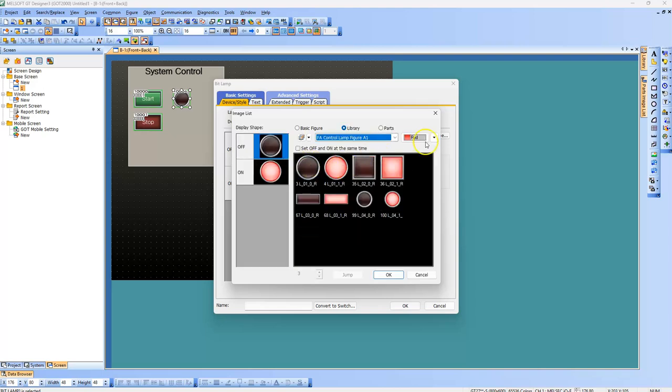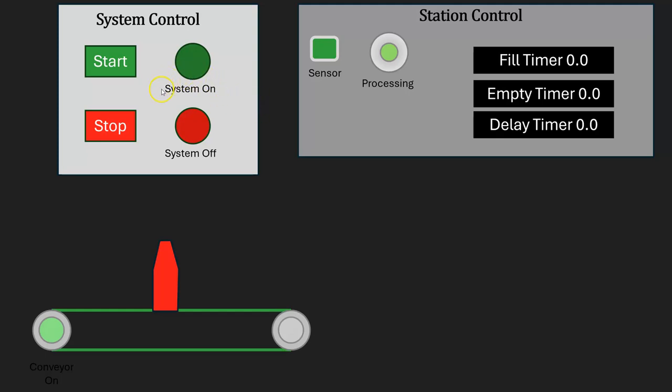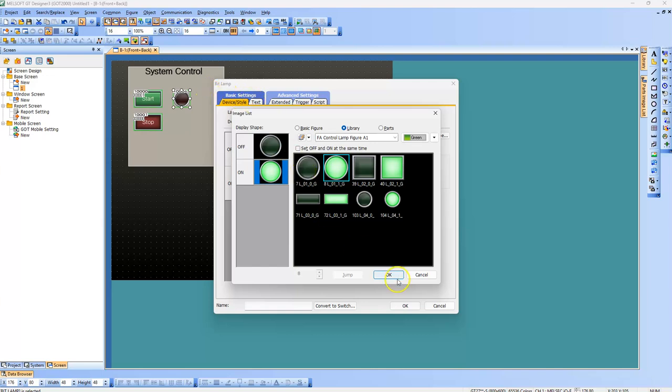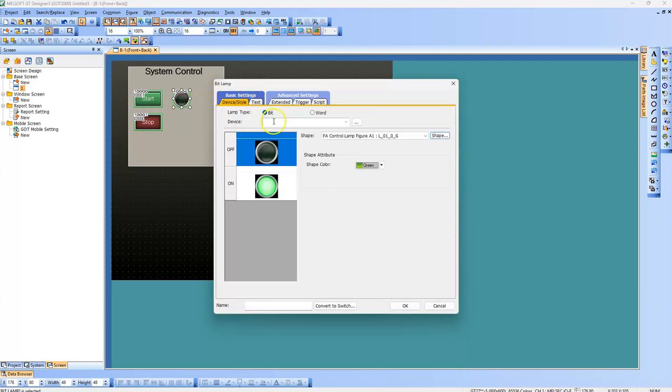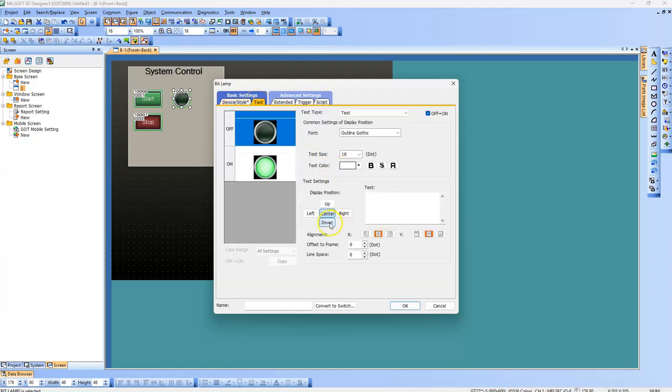Okay. Now what we want though is green. So this is going to be our system on. So the off will be the dark one, and then the on will be this bright green here. Okay. On the mock-up, let's just see. So on the mock-up, we have system on written beneath the lamp. Okay, so we'll just OK that. And then we'll go to the text. Right, and we're going to put it underneath it. System